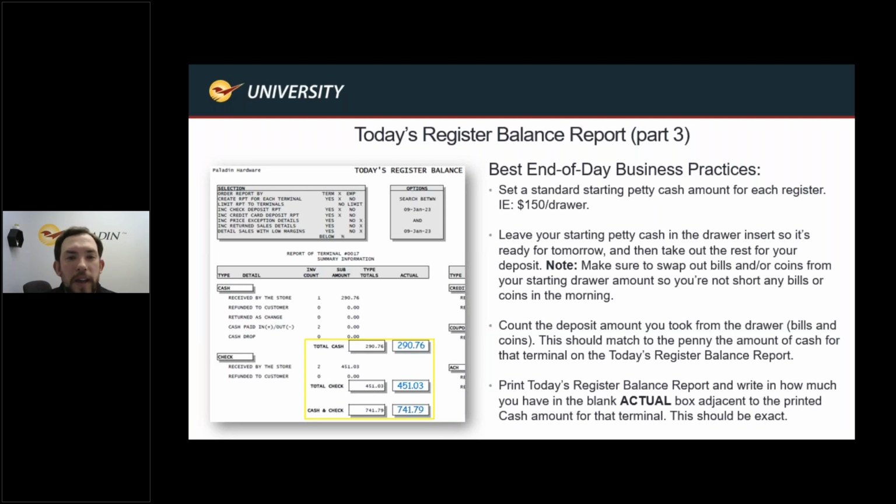Now, some people might ask, all right, we're going to use a starting petty cash amount. How do I record that amount? Well, you don't necessarily have to record that starting drawer amount as long as everyone in the store who's dealing with the cash is aware what that starting drawer amount is. But if you want to record that inside of Paladin Point of Sale, you can do that